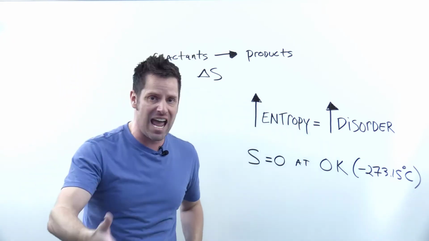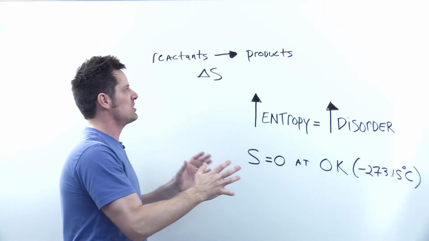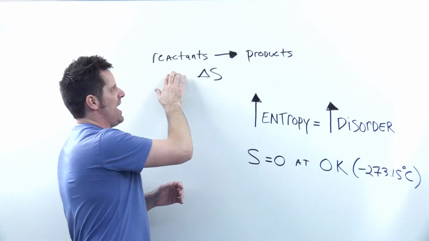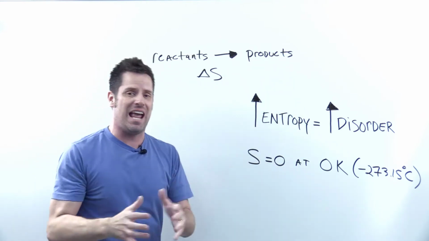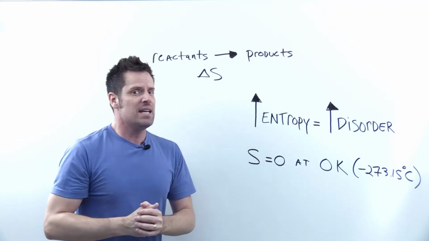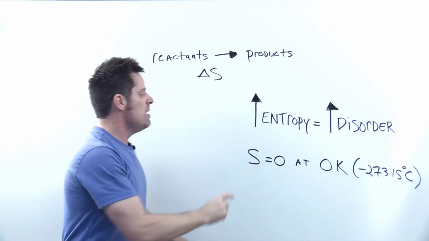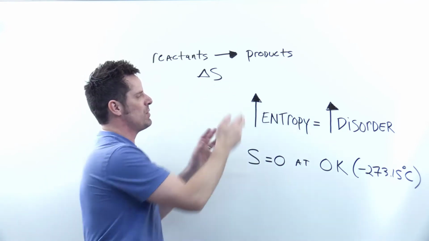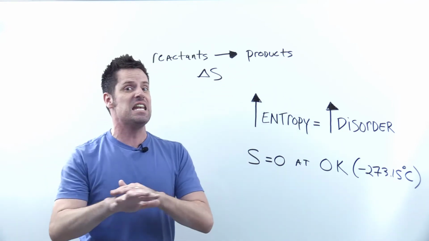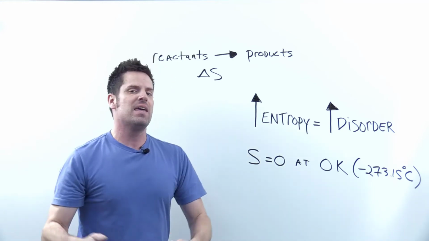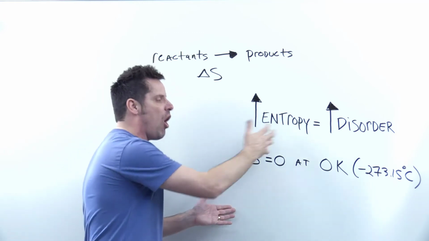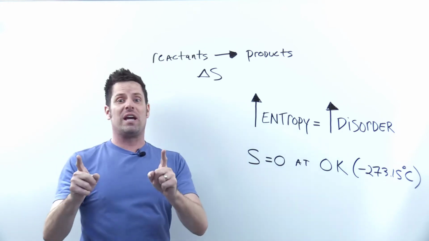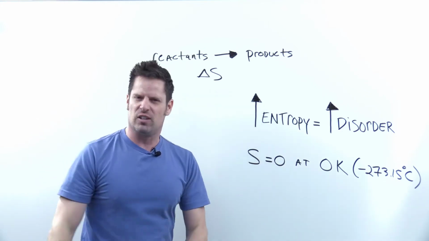Delta S can be negative because you can have your S values of your products be less than or greater than that of your reactants. So S or delta S can be negative, it can be positive, it can even sometimes be equal to 0. But S, that's an individual entropy value for an individual substance, so each reactant or each product, it can never be negative, ever, and it can only be 0 if you're plunging all the way down to the super cold temperature. Does that distinction make sense? Okay, good. With all of that background laid out, let's take a look at our question.